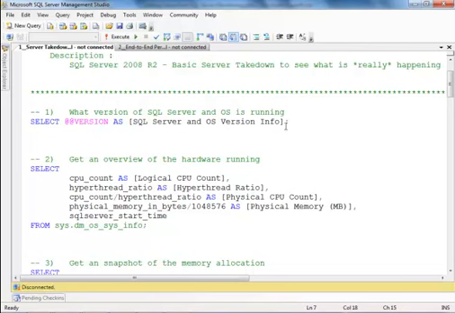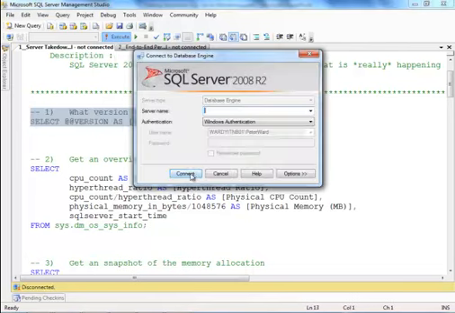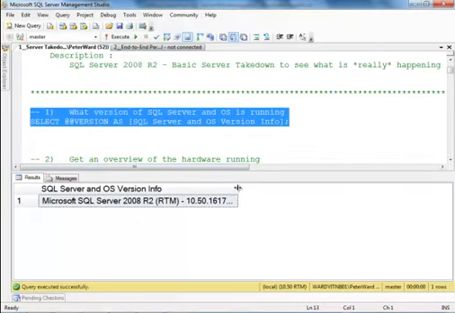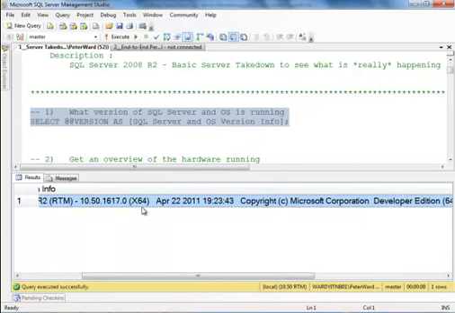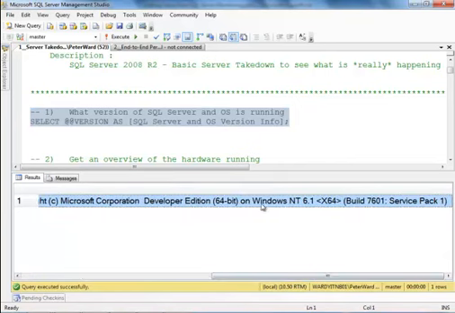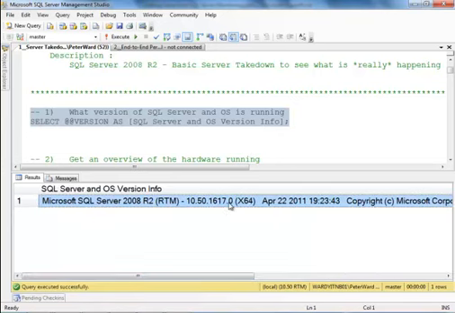So the first thing I'm going to do here is a select @@version, because that's going to give me not only the SQL version, but also the platform. I can see that it's x64, so I know straight away it's 64-bit that I'm dealing with, and I can also see what build of Windows I'm dealing with. I can see that we're running Service Pack 1 on my machine at the moment. But what's the problem with that build number for SQL Server? Because you all know your build numbers off by heart, don't you?